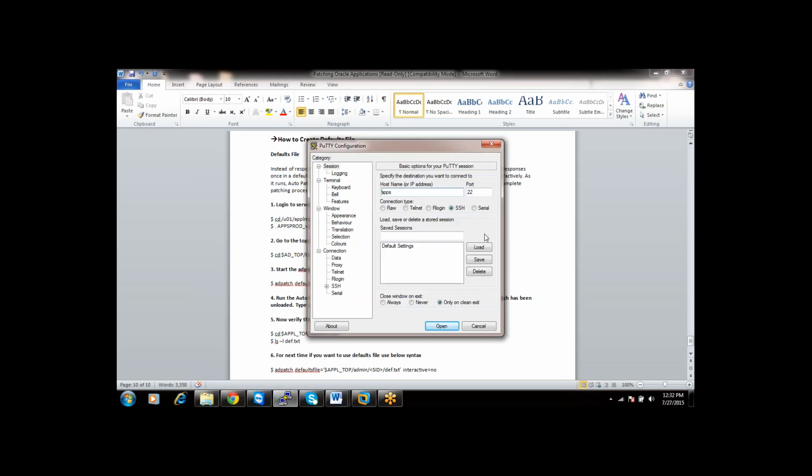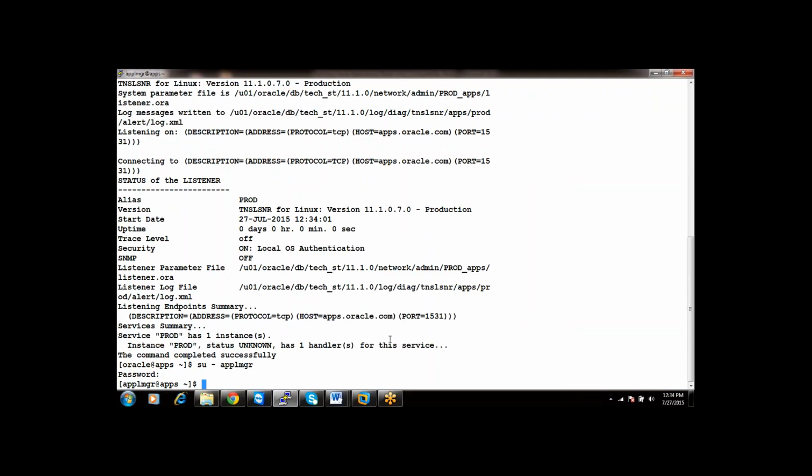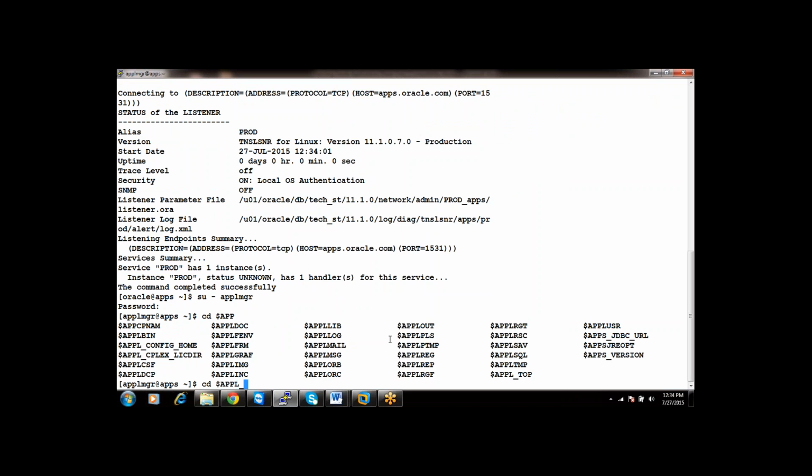As of now, I have started the database, and I'm in the application tier. I will show you how to create a defaults file. First go to APPL_TOP admin SID.